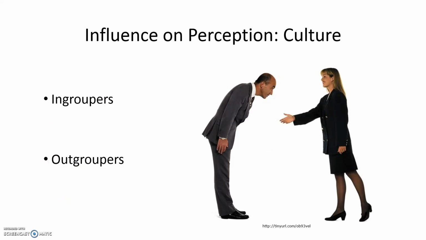Be aware that our perception can be influenced by our culture. Typically, we view people who have similar cultures to us as in-groupers. Because this person is like us, we probably have similar views, similar values, similar ways of being. Now, this sometimes is the case, yes. You can even see in the picture how we may approach the in-grouper with a handshake because that's what we're used to, where someone from a different culture may tend to bow. We may think, wow, bowing is weird. And that would be us thinking that the handshake is normal.